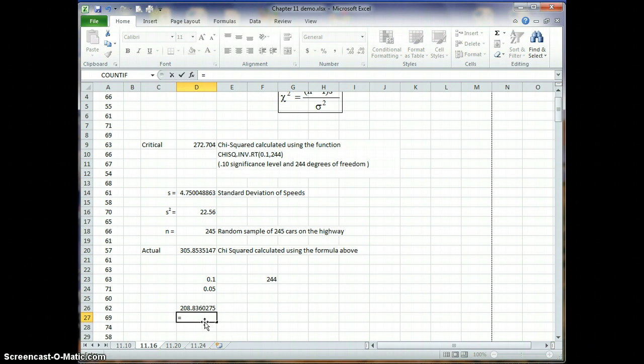And then equal chi-square, and I'm going to go 1 minus the 0.05 and then put in the degrees of freedom, close it, and we would have a range in here. So the low end would be 208, the high end would be 281, and then we'd have to recalculate the actual based on